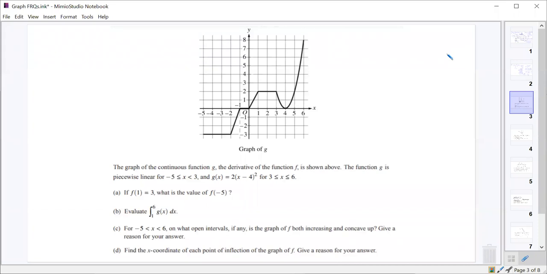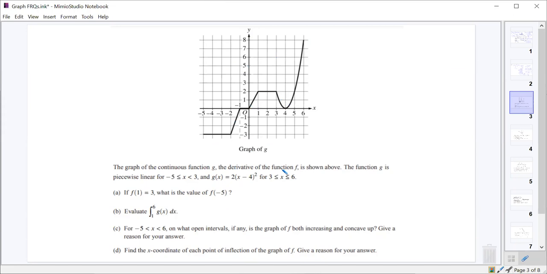So for part A, first off, if we look at this, this is the graph of G, and G is the derivative of F, and tells us that G is piecewise linear for all these pieces up until we get to 3, where then it becomes this parabola from 3 to 6. So the first thing it says: if f of 1 equals 3, what is the value of f of negative 5? Well,